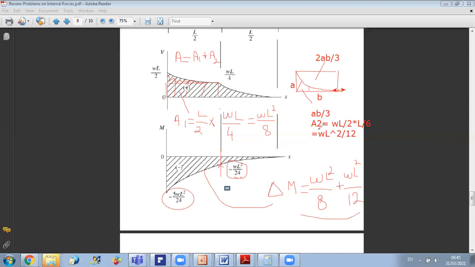Now, just one thing. Sometimes your area is like this, and if you have the parabola, the inverted parabola like this, then the area you will consider will be 2/3 of AB. Okay, in this case, the horizontal slope will be from this side. So this area here will be 2/3 of AB. Okay, so it will depend on your figure. How is the concavity of shear will determine which formula to use. Okay,